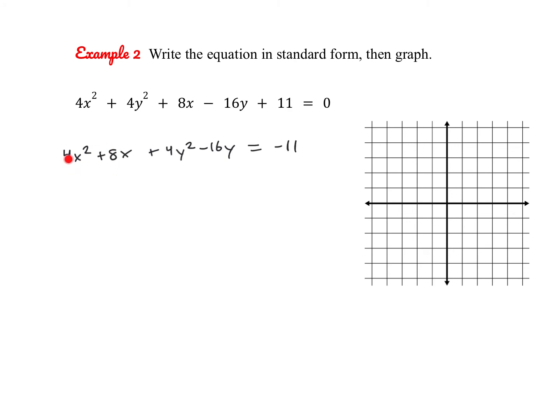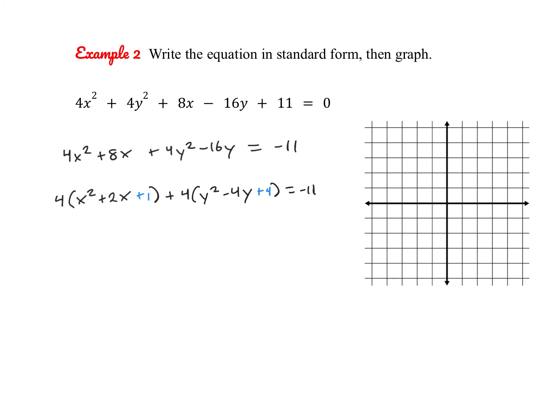Now here I can't complete the square until we factor out that coefficient of 4. So I'm going to factor out 4, and we have x² + 2x, and then here I would add 1. That's the magic number that's going to complete our square. And then here let's factor the 4 out of our y terms, leaving us with y² − 4y. And then the number that completes our square here is 4,